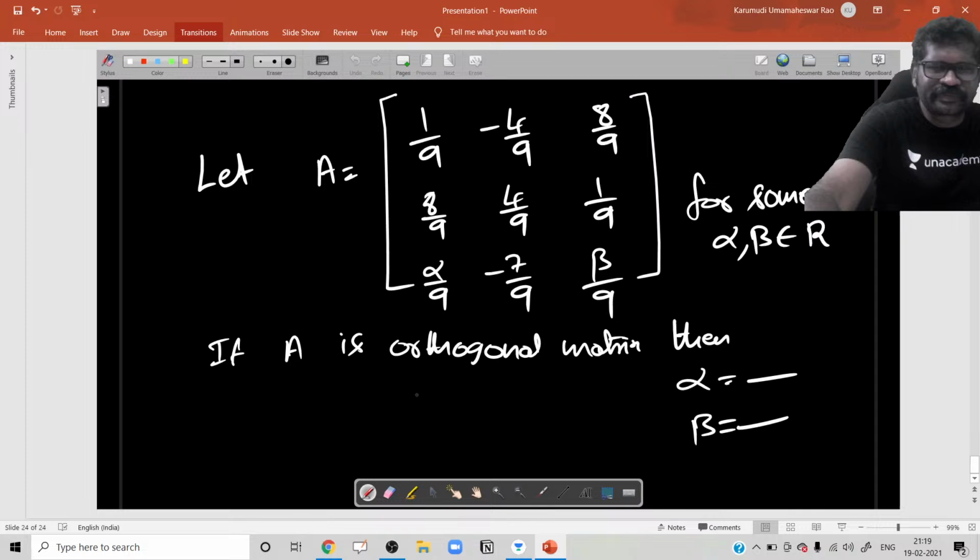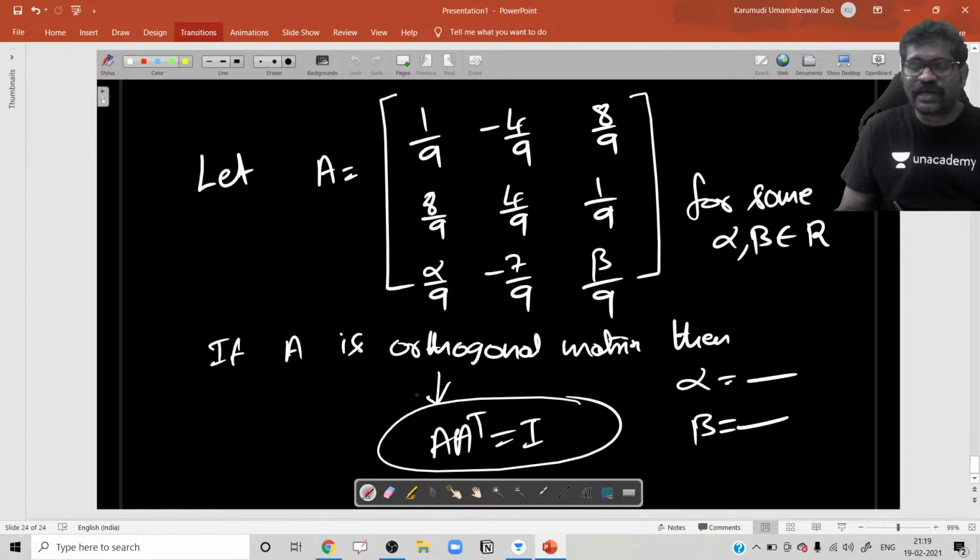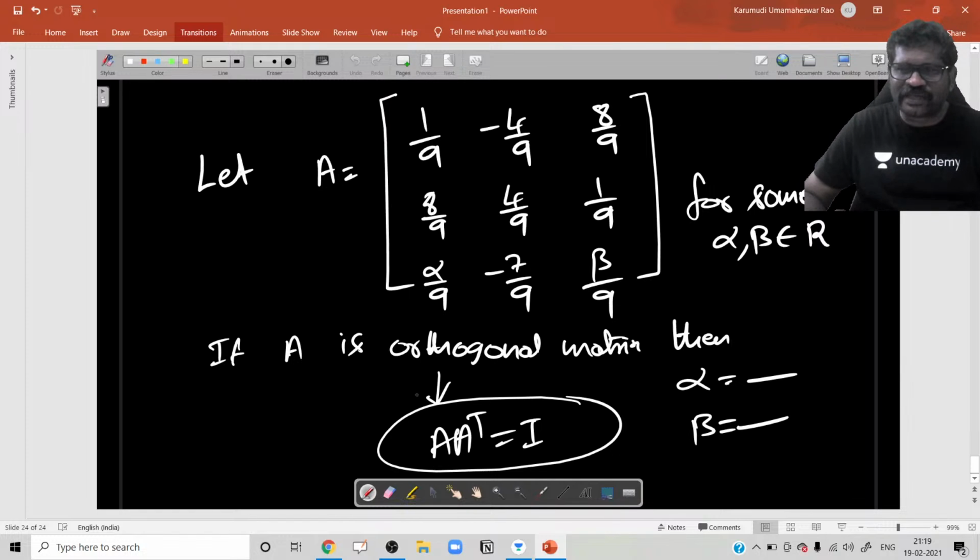Now, the matrix is an orthogonal matrix. Matrix is orthogonal means A into A transpose equal to I. A into A transpose equal to I, then the matrix is known as an orthogonal matrix. Otherwise, you can use another logic. An orthogonal matrix is always a collection of orthonormal vectors. Each row vector and each column vector in this matrix are orthonormal vectors. That's why they are the collection